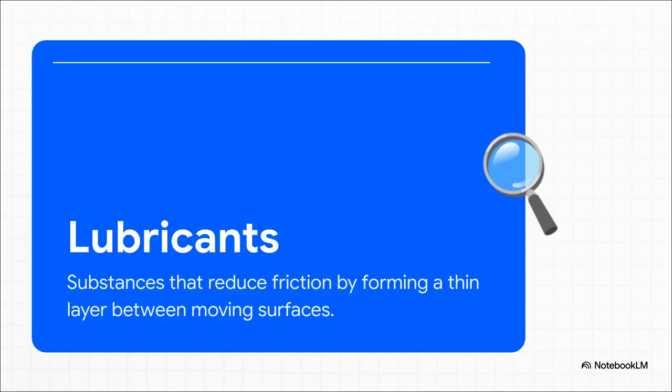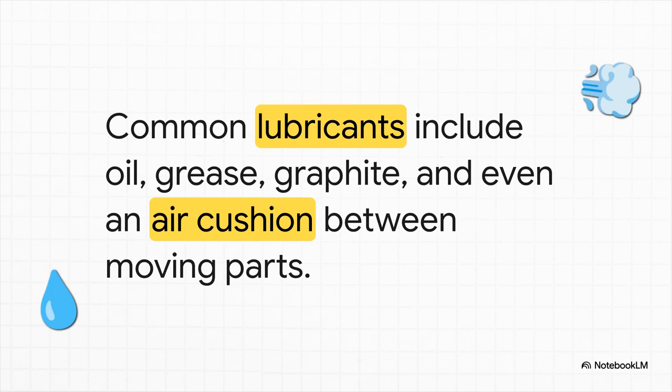Well, for that, we have lubricants. A lubricant is basically any substance that can get in between two surfaces and form a super thin, slippery layer. It basically keeps those microscopic mountains from ever touching, letting them glide right past each other instead of grinding down. And you see these everywhere: oil in an engine, grease on a bike chain, even something like graphite powder in a sticky lock. And in some really cool high-tech stuff, like an air hockey table, the lubricant is literally a cushion of air. The goal is always the same, though: just keep the surfaces separated.